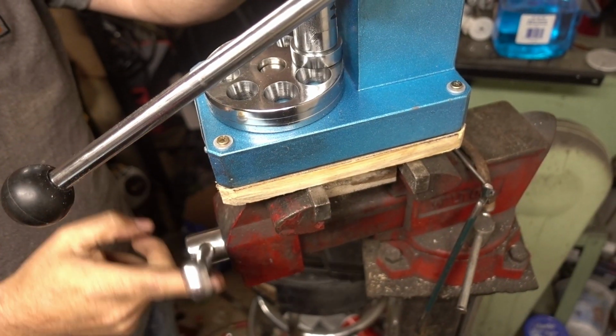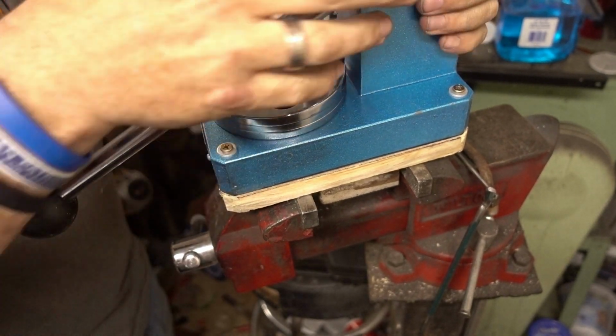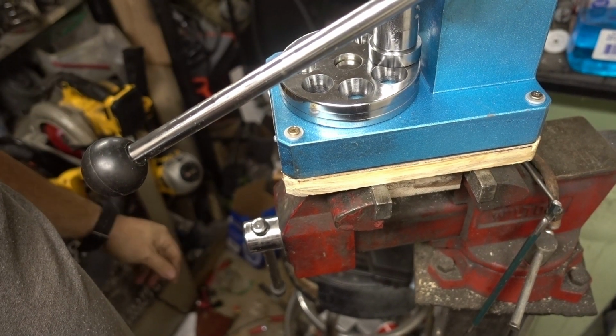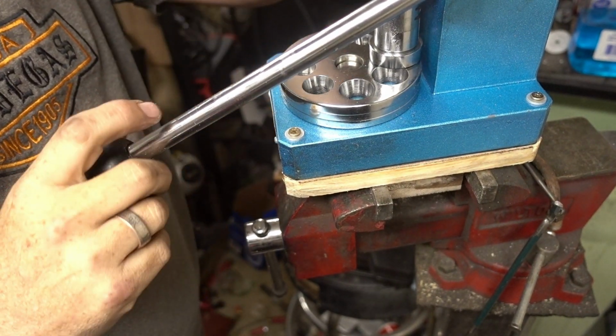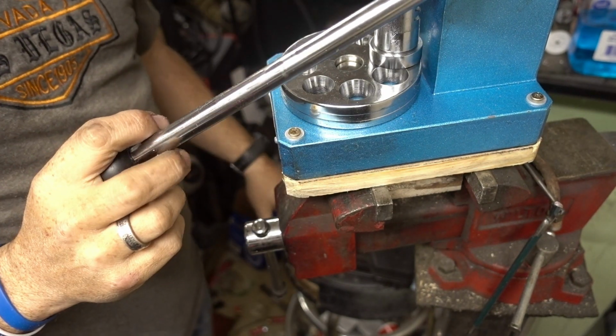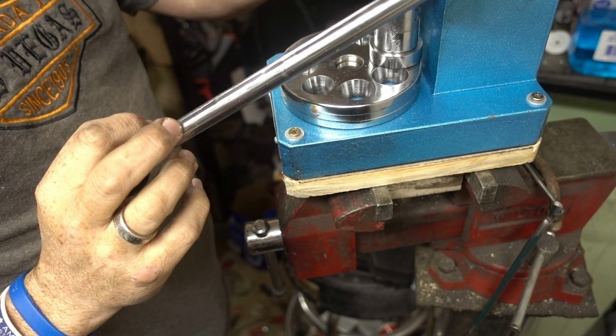And whenever I'm done, just loosen that. This whole thing comes out. So that's how I fix mine to the shop vise, and I just do everything standing up. And I do have a tall chair. If I want to sit down, I guess I could probably reach that too. But